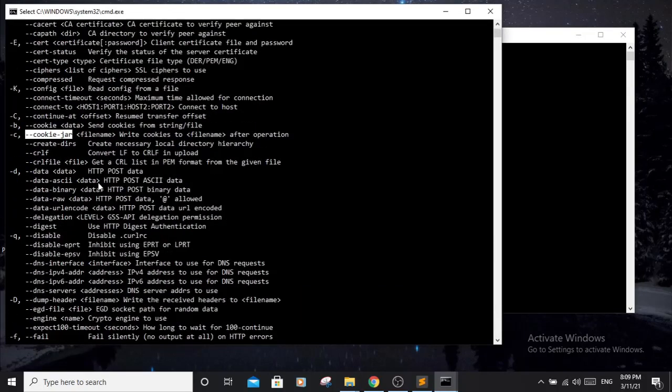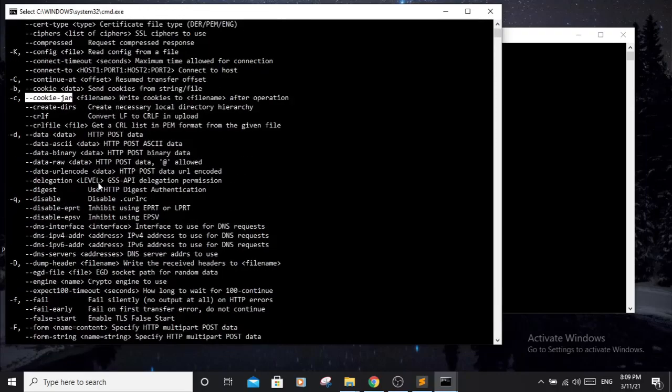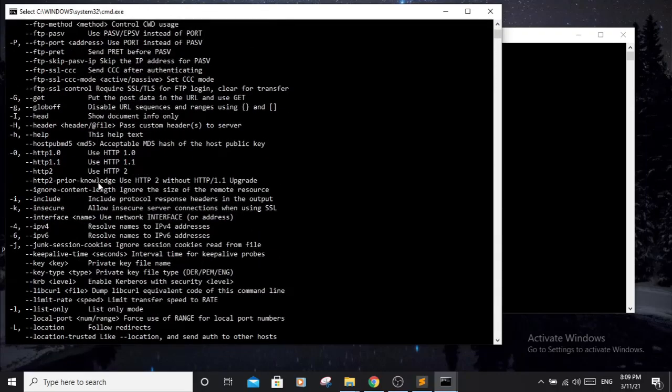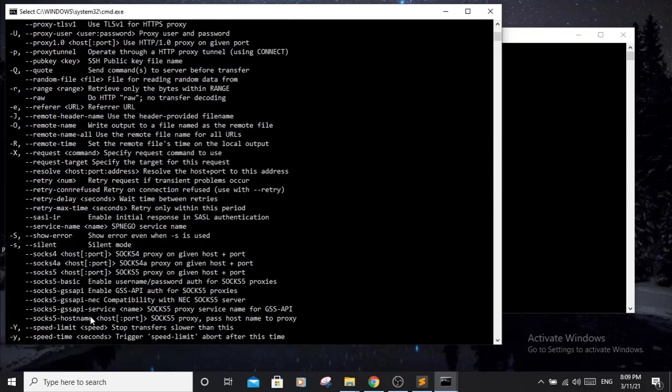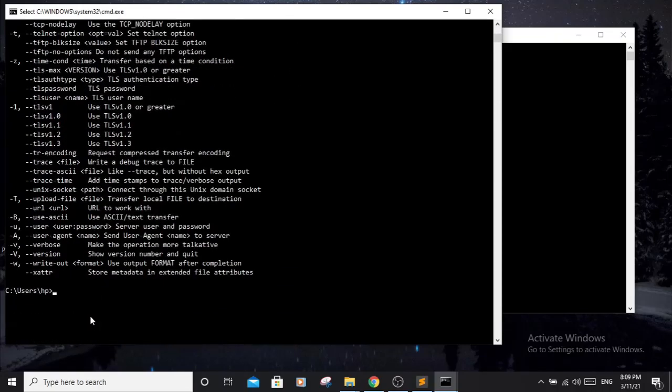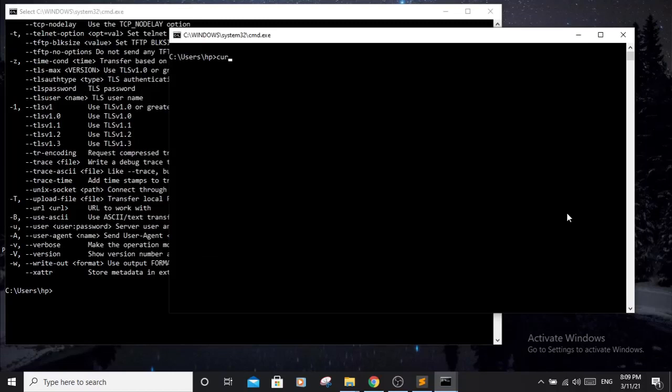Let's see what capital A means. Capital A, where is it? This is a very long list. It's okay, it should be somewhere here. Yeah, the user agent: send the user agent to the server. Let me do it. So curl -v for verbose, and then capital A, and in between quotes you paste in the user agent